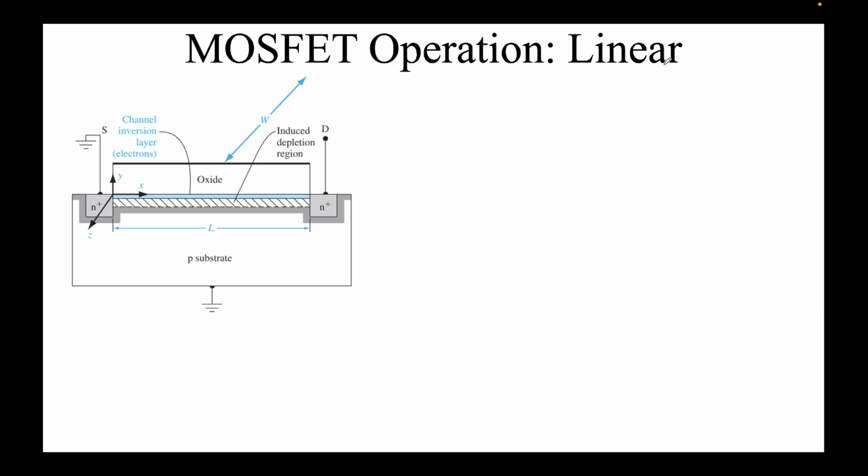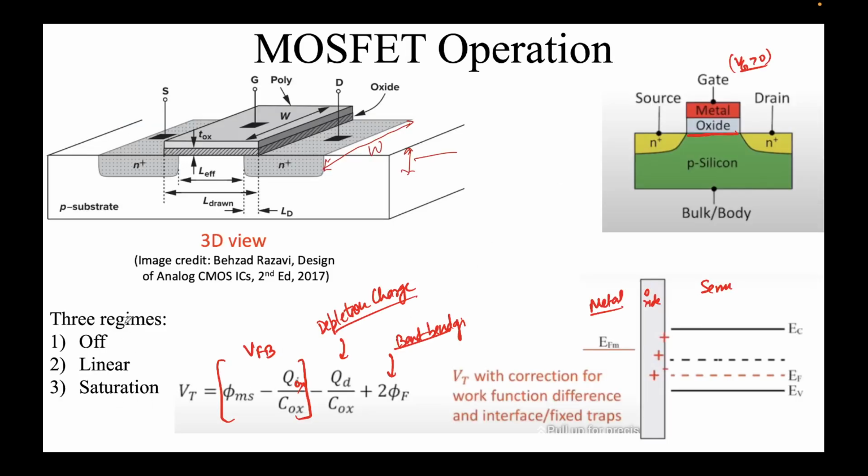And actually the first one is cutoff. I'm not talking about the cutoff yet, because it's fairly simple to identify, essentially when there's no inversion layer. So let me say it right off: cutoff is when Vg is less than Vt, and for all my discussion I'll be talking about this NMOSFET on a p-type silicon substrate. Vg is less than Vt, and until otherwise said, this terminal is grounded, just like we had seen